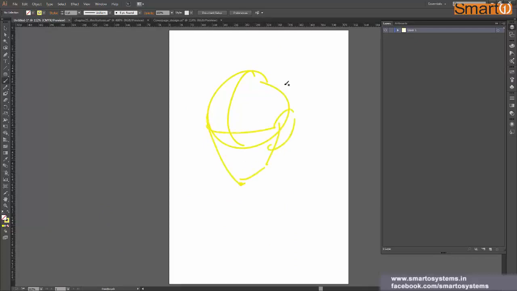Let's say there is some kind of face, and you are going to make your illustration above this rough sketch. So what you can do is make this layer as a template so that this layer is locked all the time, and whenever you move something or you draw something, you don't accidentally draw or move on that layer, to avoid unnecessary complications.